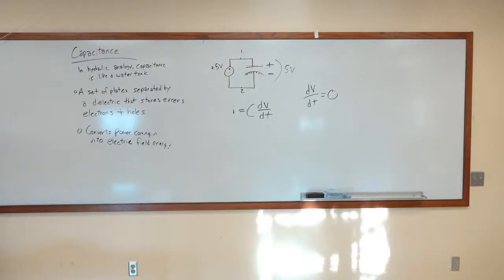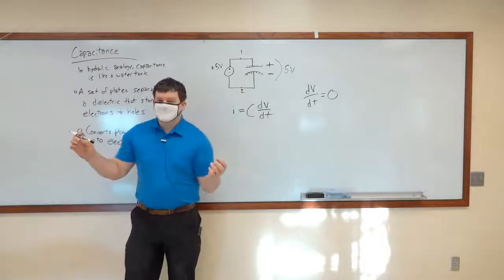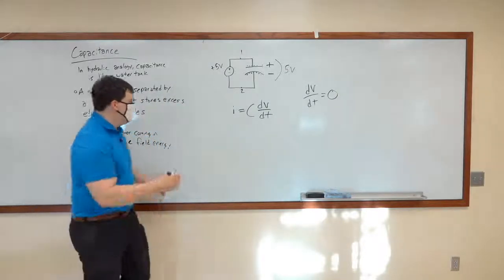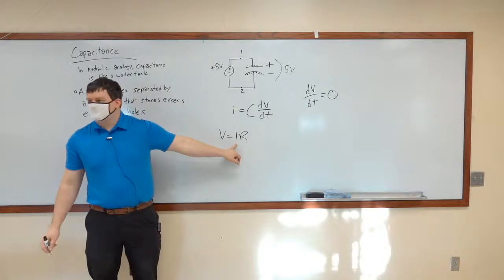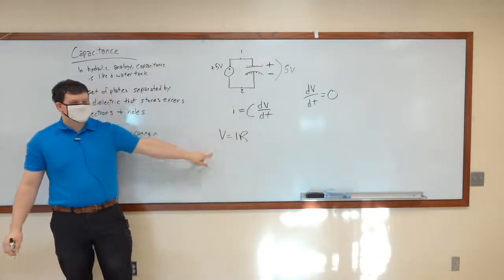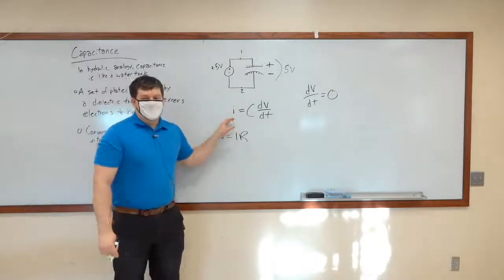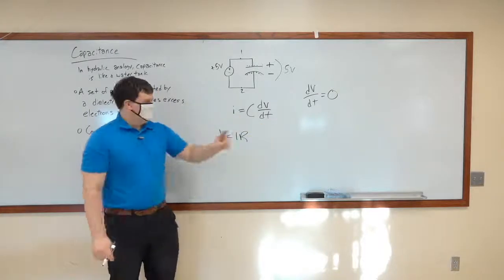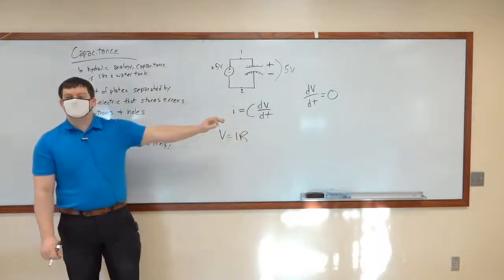That is completely different than what we had for a resistor. In a resistor, when I had current flowing, that was the only time I could have any kind of voltage across the resistor. And the reason for that being, Ohm's law has to be true. V equals IR. For a resistor, there has to be a current in order for there to be a voltage. If the current is 0, the voltage is 0. In this system, current can be 0 and voltage can be non-zero. Similarly, in this system, voltage can be 0 and current can be non-zero.